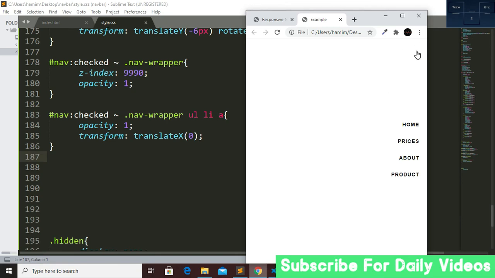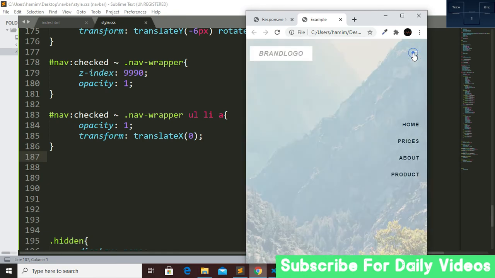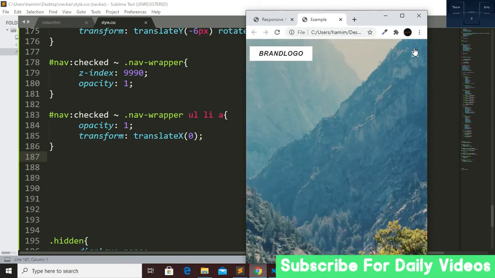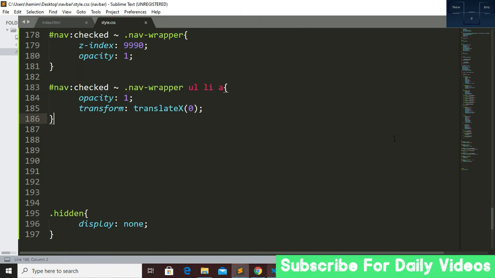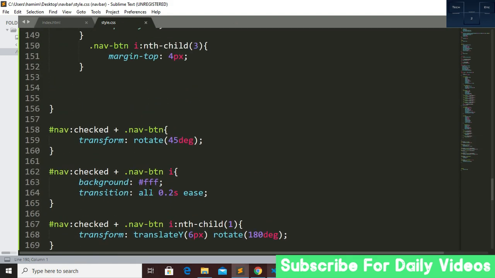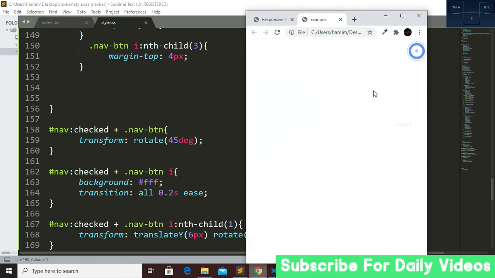But here you can see that our navigation button is not showing, so we have to fix this. Otherwise our responsive navigation is working. We just have to fix this thing. So let's see what is happening here. Yeah, here you can see that our background is actually white, but with this thing also white.